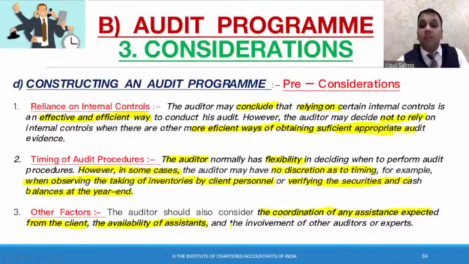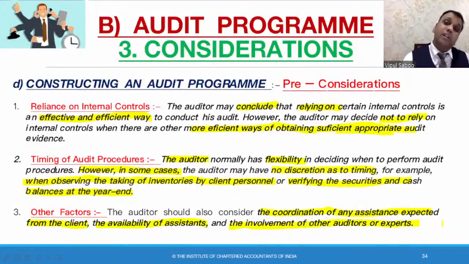And the involvement of other auditors or experts. So you'll read about internal auditor, external, your principal auditor, when there are joint audits, two auditors jointly carry out one audit. So what is their involvement? What part are they doing and what part have we to do? Or experts, for example, for valuation of the gold and silver utensils of the hotel, whether they have valued them properly or not, we need the certificate from an expert.